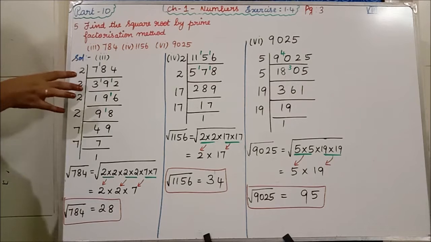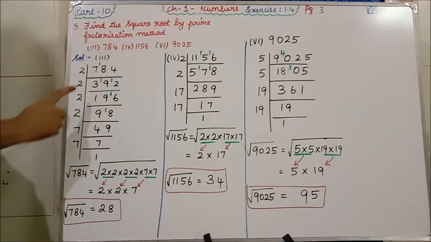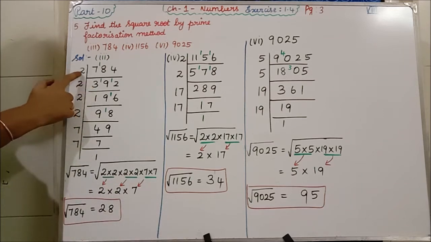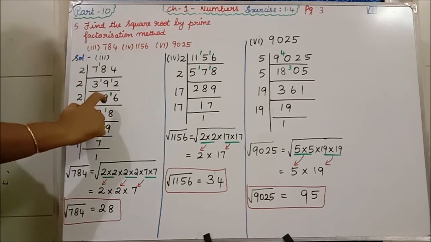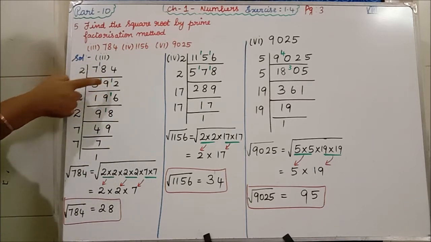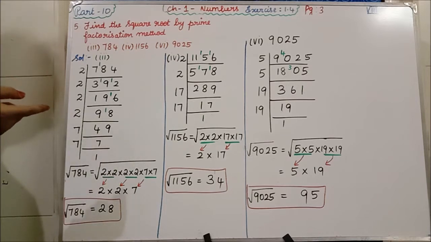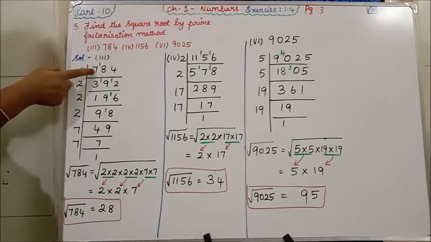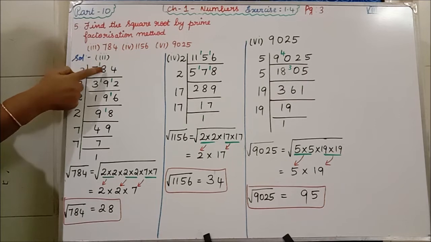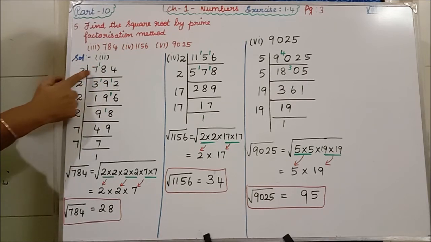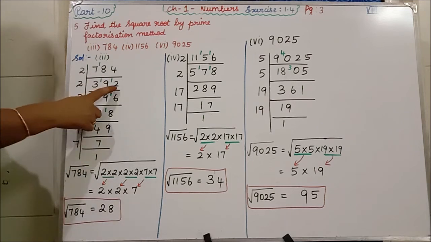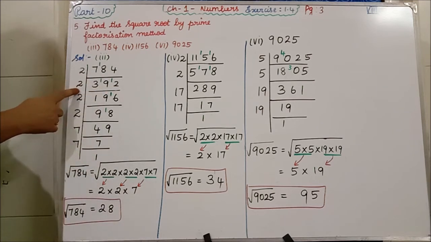Clear? Now we'll start 784. Since it's ending with 4, an even number, I am going to start with 2. So 3 2s are 6, extra 1. Okay. See, I have written on the top the 1, that is the remainder. So 3 2s are 6, 1. So now 18. 9 2s are 18. Then 2 2s are 4. Next again it's ending with 2, so I am going to do it with the 2 table.